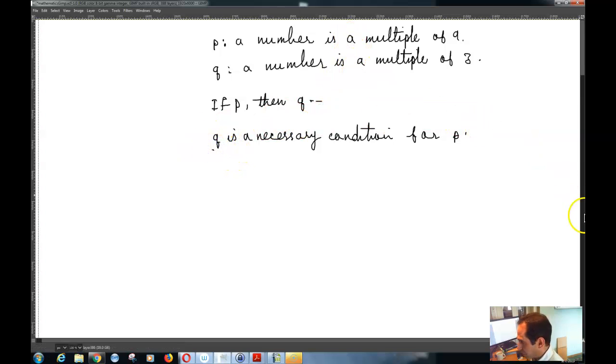And when you say, for example, that some statement is a necessary and sufficient condition for some other statement, what that means is that the first part, the necessary part, we already discussed over here. And sufficient means that that's the only condition that you need for the other statement to be true. Meaning that, for example, in this context, if I say Q is a necessary and sufficient condition for